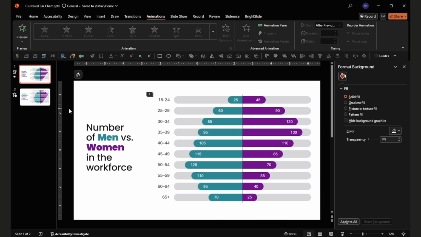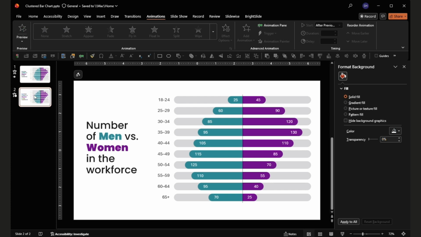What we're doing then is just building in the men's series and the women's series. Everything else is there and it just kind of waterfalls in. But it grows in and looks like it's coming from the center. So how on earth do we do that? Okay, well here's the unanimated version.